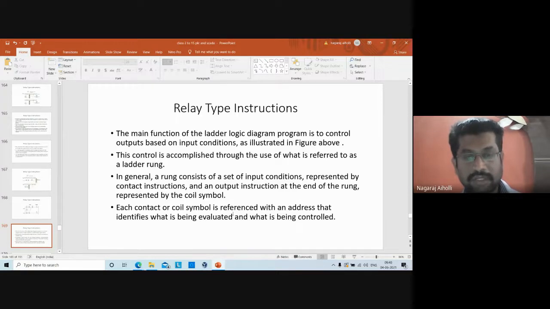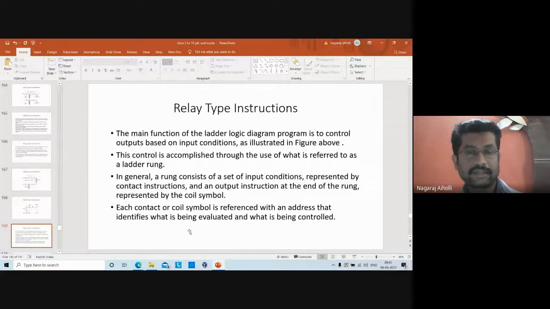Each contact or coil symbol is referenced with an address that identifies what is being evaluated and what is being controlled. This is important. You have to know which contact and which coil are meant to evaluate. Evaluate means checking, right? To check whether it is in on state or off state, closed state or open state.